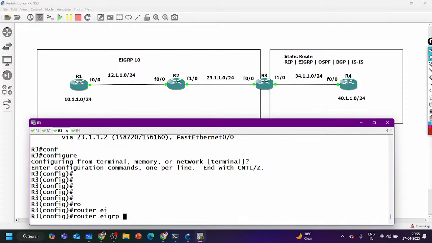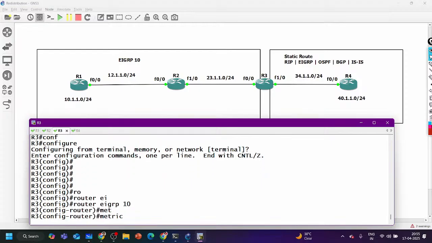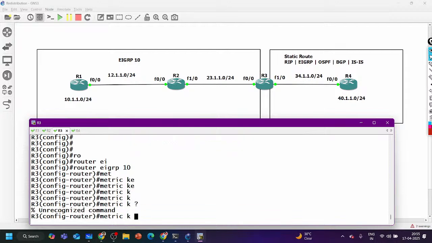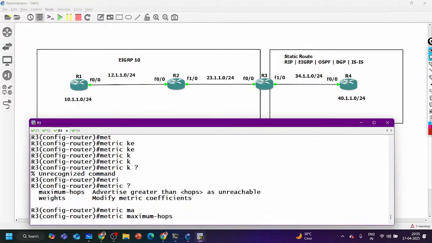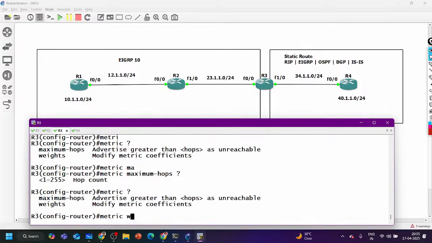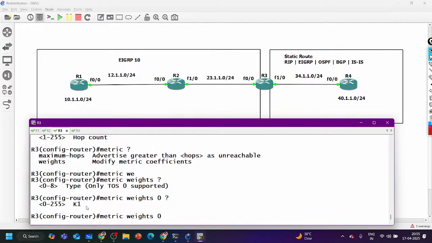Router EIGRP AS number 10, and here I can say metric weights. Here you can set maximum hop and so on. Here the TOS field I can set to 0. We will discuss this in quality of service. And then it is asking for the K1 value.